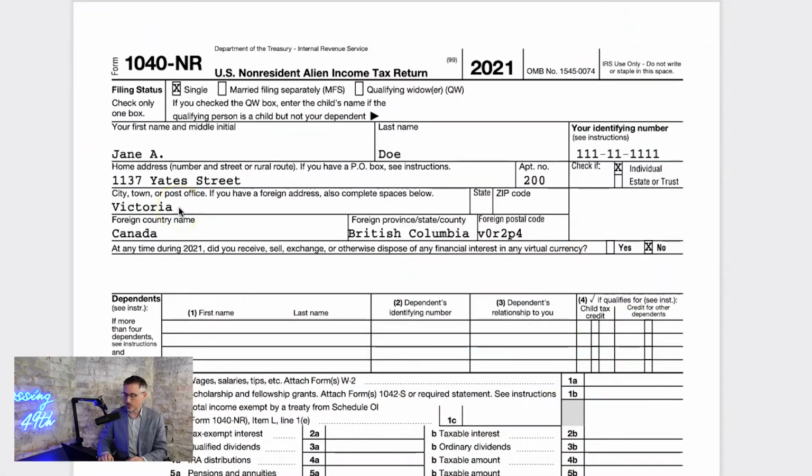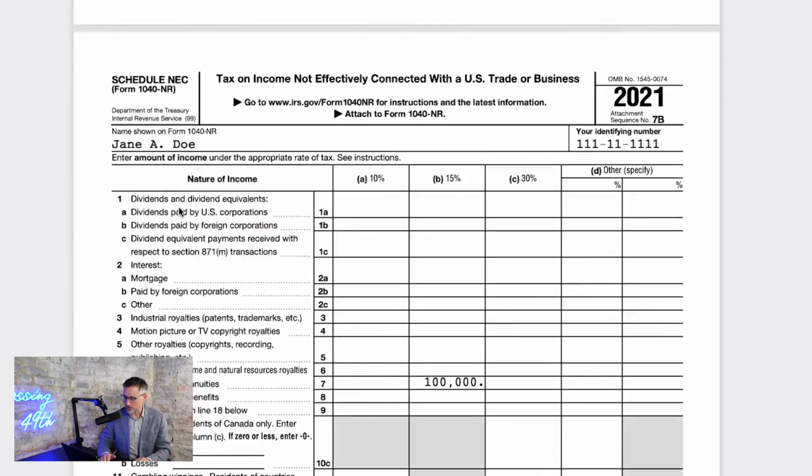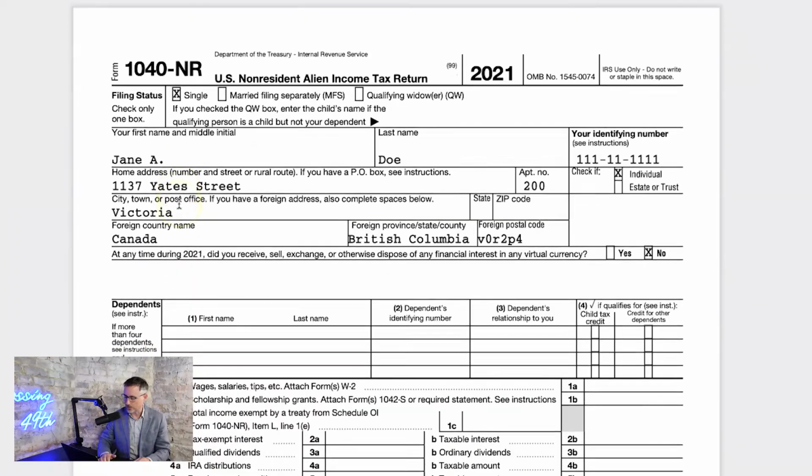So really your options are to file a non-resident US tax return. So you file a non-resident 1040-NR, and we'll show you that here. We'll walk through this in more detail. The 1040-NR is very different than the actual 1040 for US tax residents. Here, the 1040-NR is really only a couple of pages, and we'll talk about these pages as we go through.